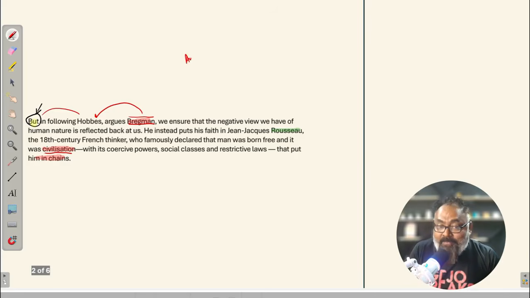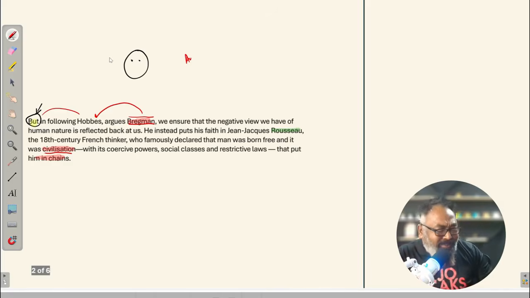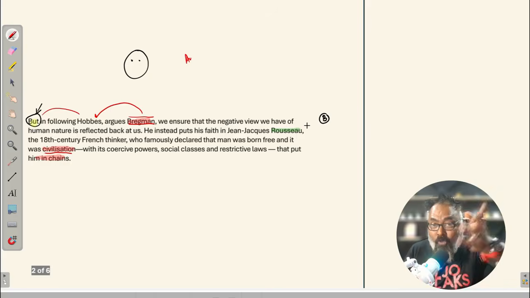It's still hiding. The author has still not revealed himself. I don't know whether the author will ever reveal. The author is like, I'm not involved, I'm just telling you what Bregman thinks. So let's call it Bregman's view. I'll put a B there, just to say the Bregman in our head, at least on a piece of paper, and basically saying that